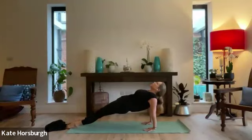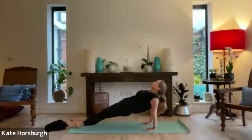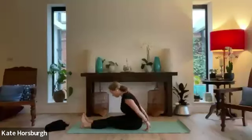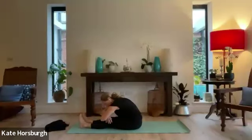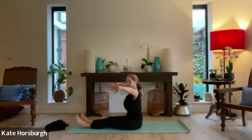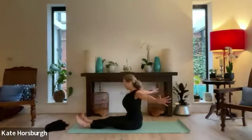Let's hold. 5, 4, 3, 2, and 1. Bringing them back, all the bits of you, and coming forward, ease off, wrapping your arms around each other, bringing them towards your knees, gently rounding your back, and then coming up to sitting, opening your arms up one more time, out as far as you can, stretching